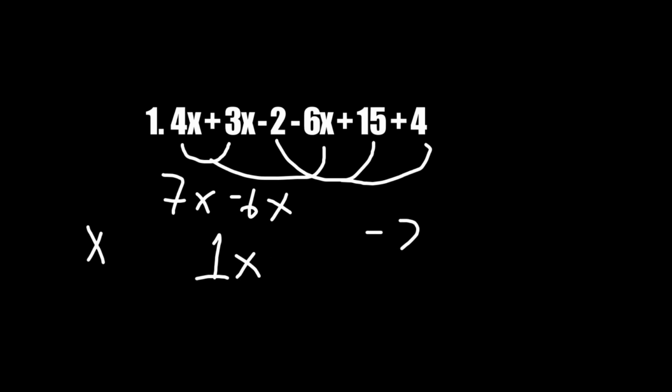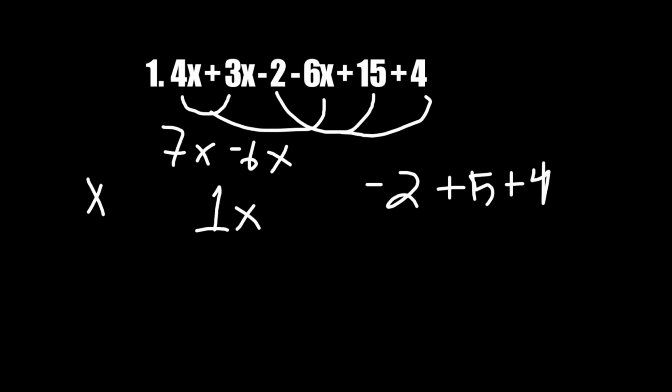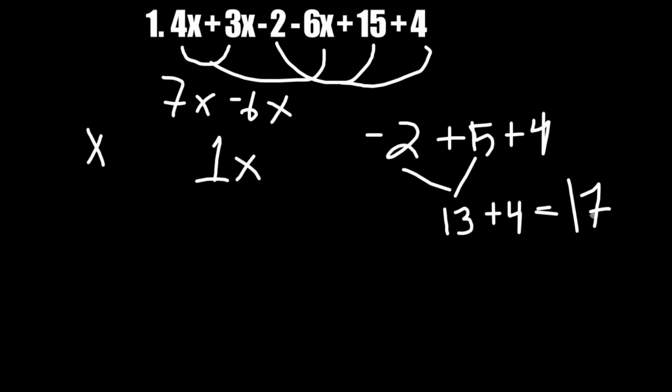So -2 plus 15 is 13. Plus 4 is going to give us 17. This is a positive 17,